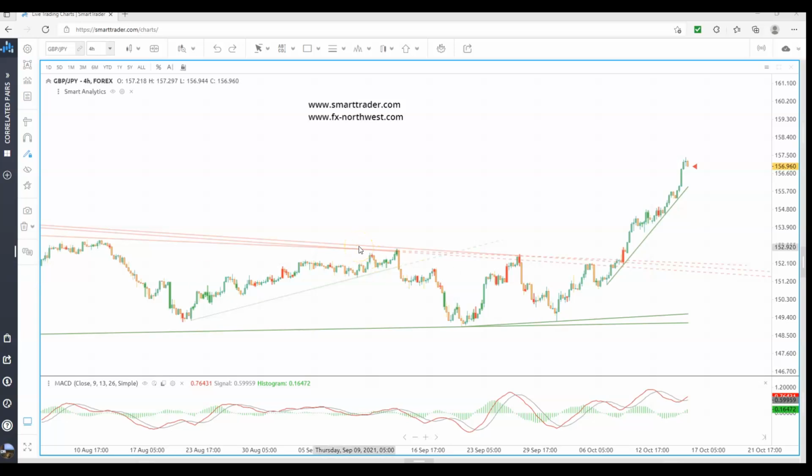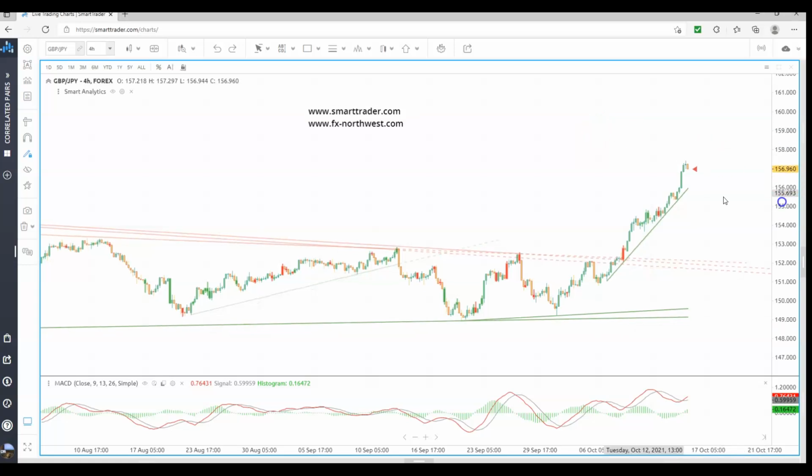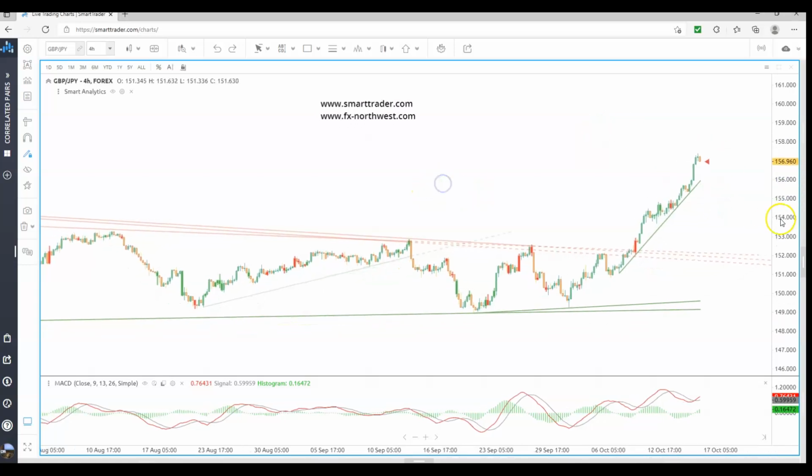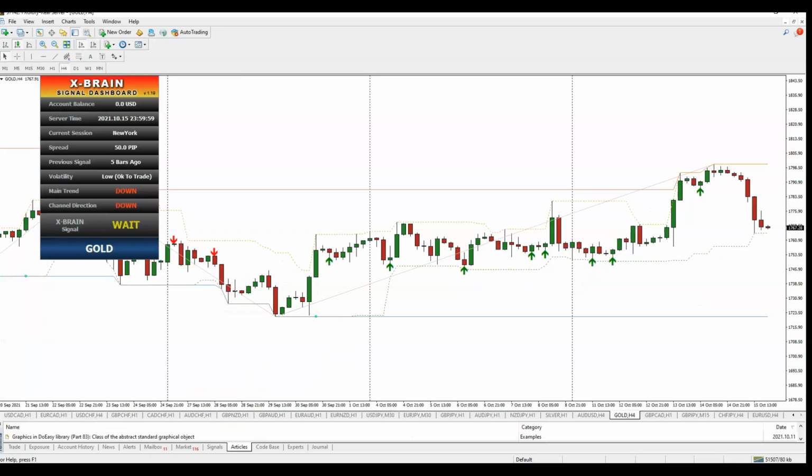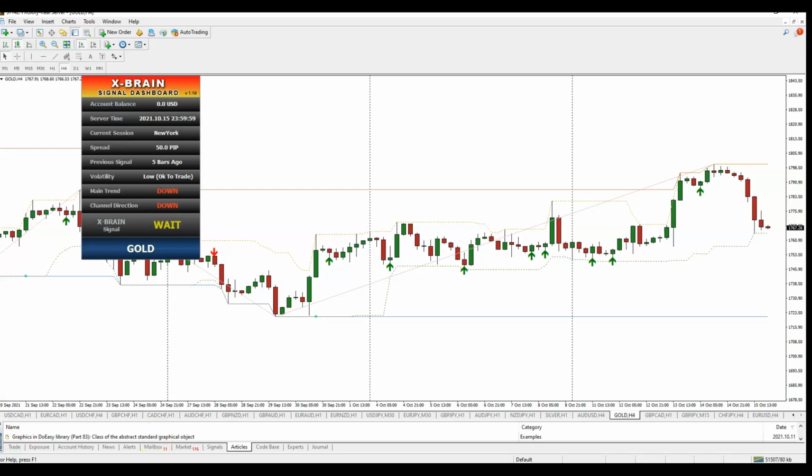Today's lesson is on trend lines using the Smarttrader platform, which is an incredibly powerful platform to use if you understand chart patterns, if you understand trend lines, how they work. The Smarttrader platform is going to make you a lot of money, and let me just show you. I also confirm all trade signals or trades that I see on the X-Brain indicator. So let's start with